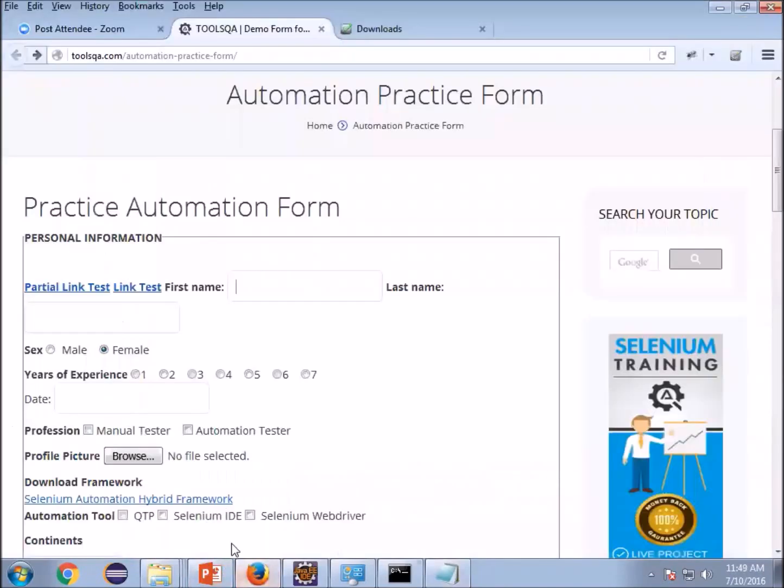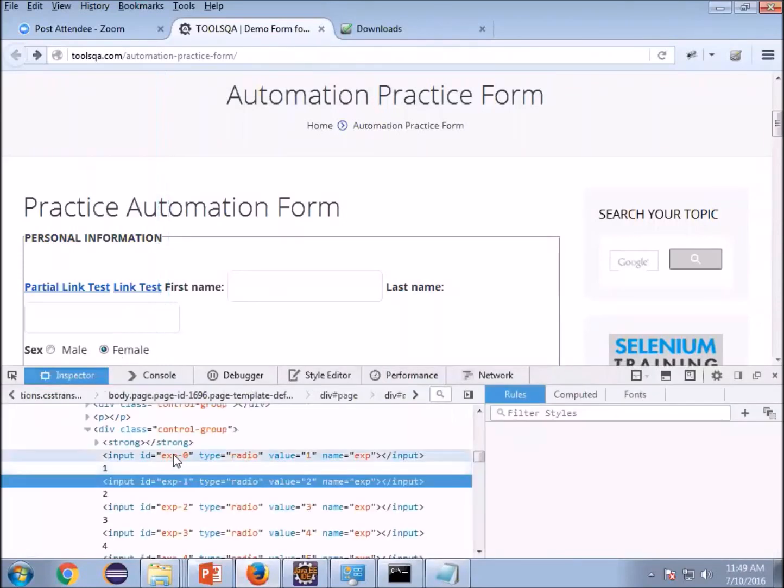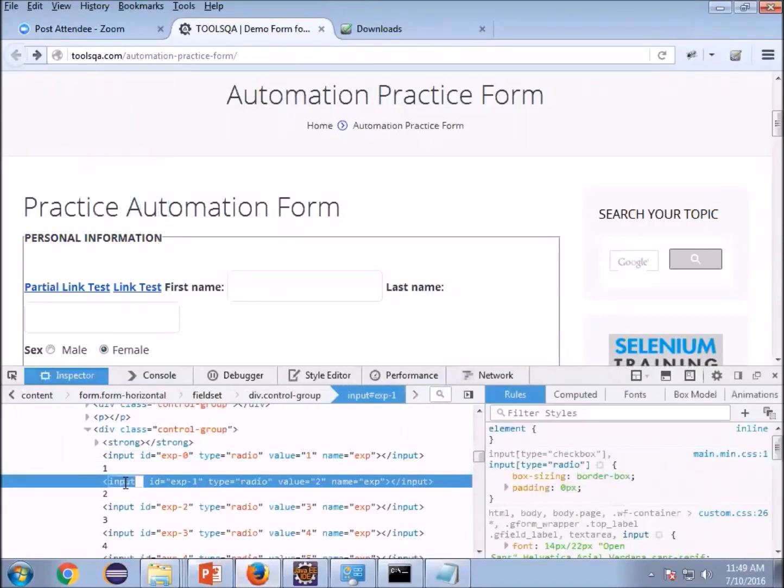In any HTML, let's suppose I am taking this as an example this time. This is your input as a tag, ID is your attribute, and exp1 is the value of the attribute. So how will I write XPath for this?